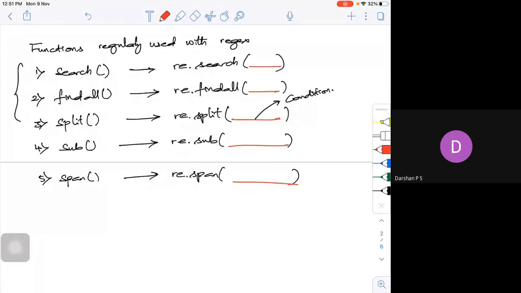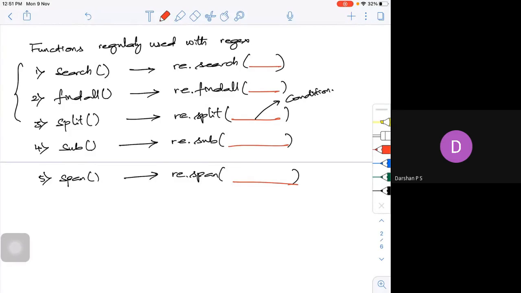Whenever I want to use a regular expression with a given tuple, we use this span. Sometimes I want to check for a particular string, or pass a string into a function. If I want to do that, then I'm going to use